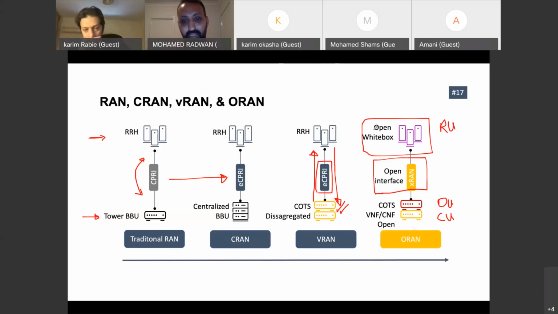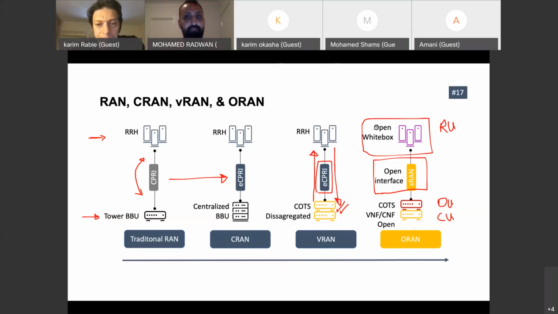And as our colleague Muhammad mentioned in a comment, whenever we have multiple vendors and multiple layers, interoperability and the compatibility matrix between the three will always be a challenge. Maybe if you want to comment about this. Yeah, this is a very, very important question. And there is also another question about latency, because I know that latency figures are very important. So let me answer the latency first, and then I'll go to the compatibility matrix.